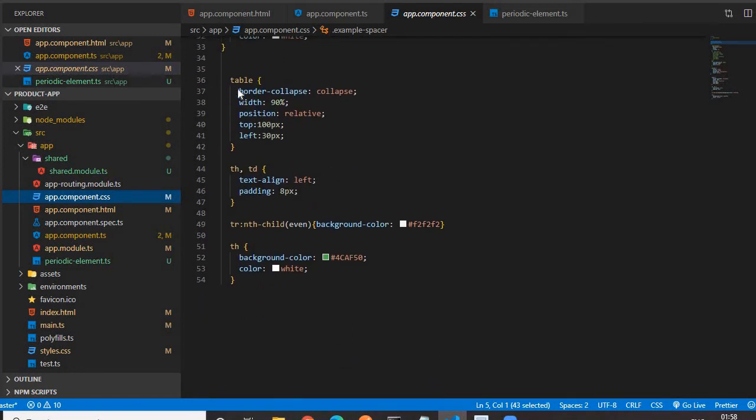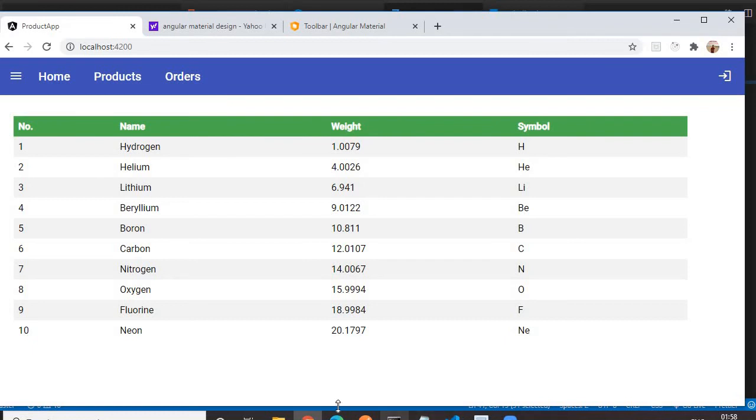This is the CSS that I have given for my HTML table. I have given border collapse, a width of 90%, and position, top and left values to get some space from the top and left side. Clear, right?